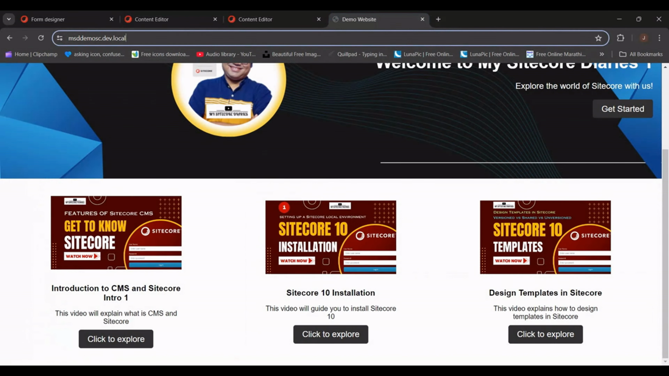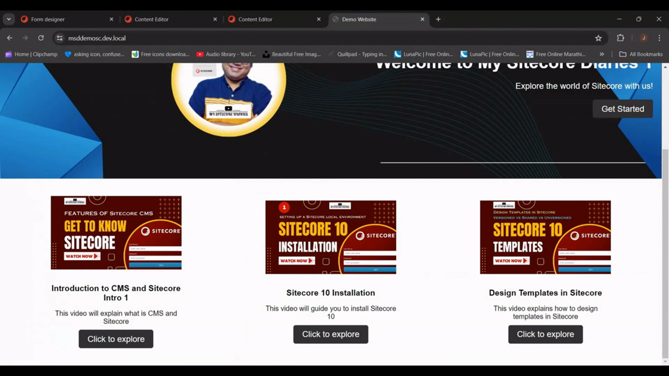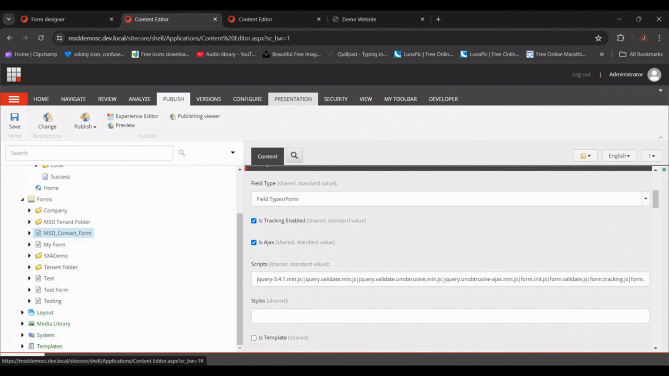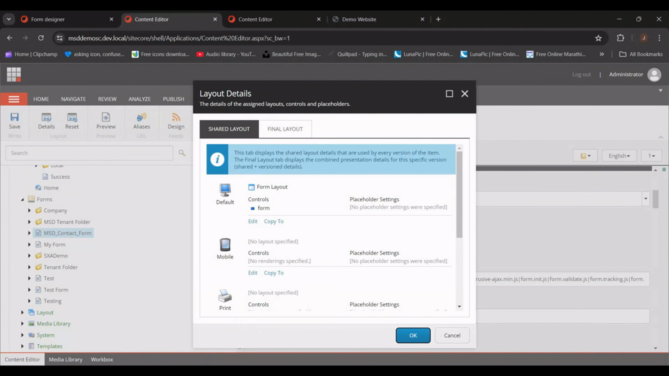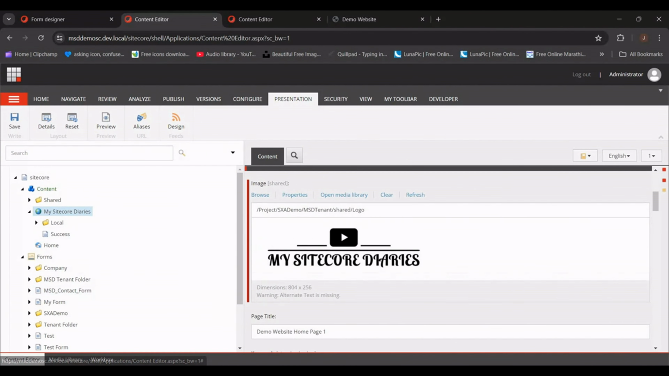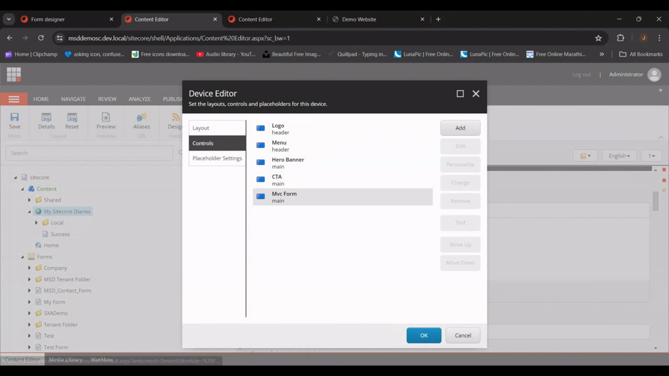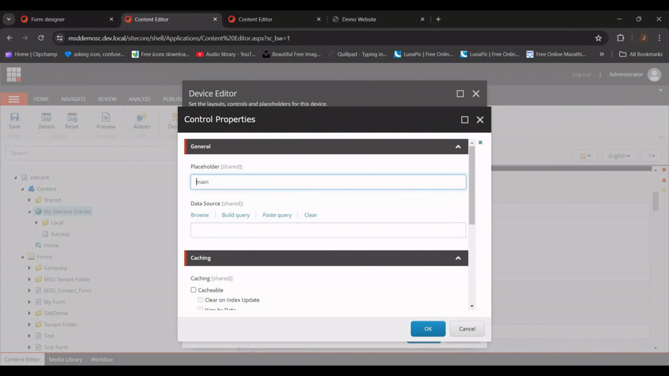Okay, now let's see whether the page is getting this. No, because what's the problem now? We have assigned the presentation. If you go to the presentation of this Sitecore, my Sitecore diary, we have assigned the MVC form here. But we have not specified which form should be displayed, and that can be assigned using